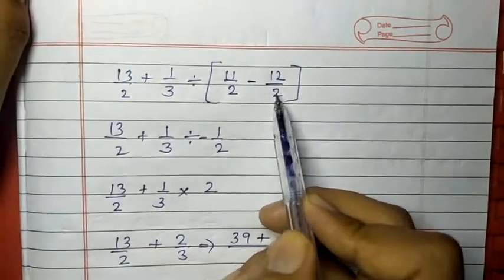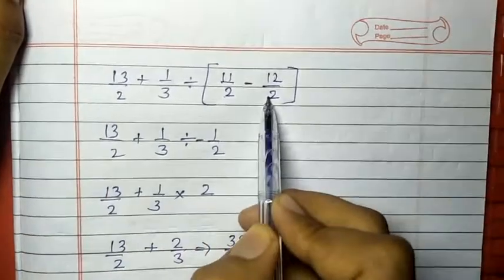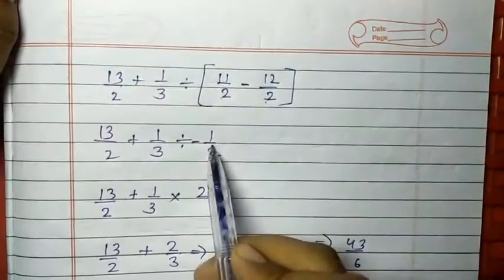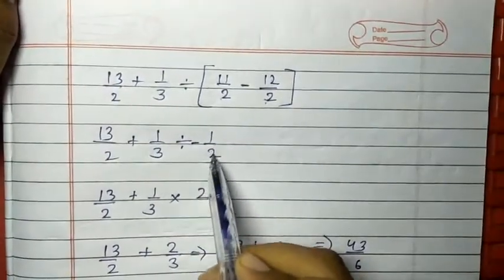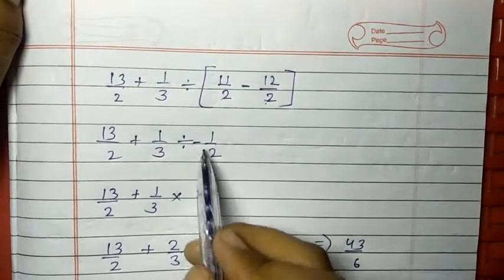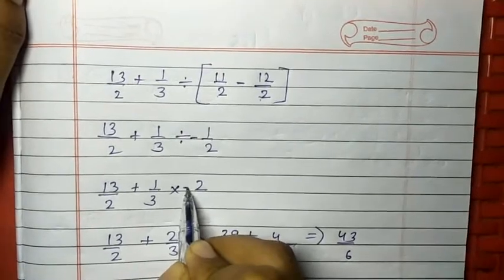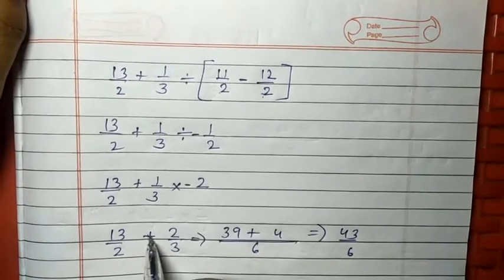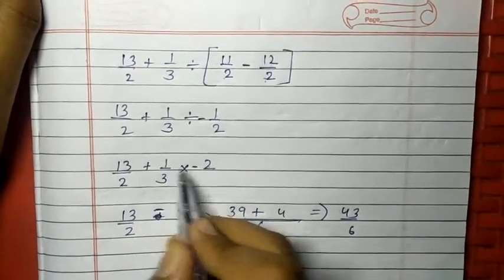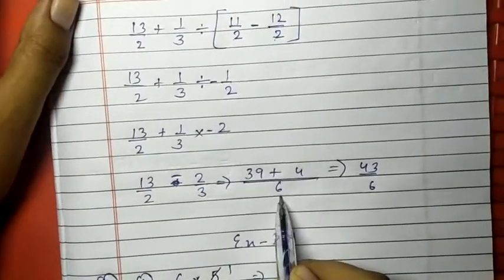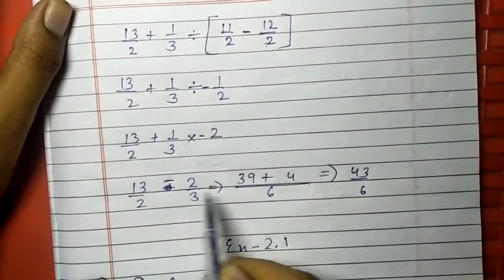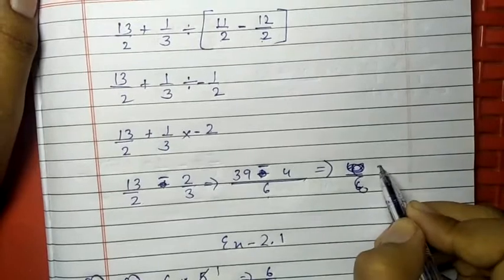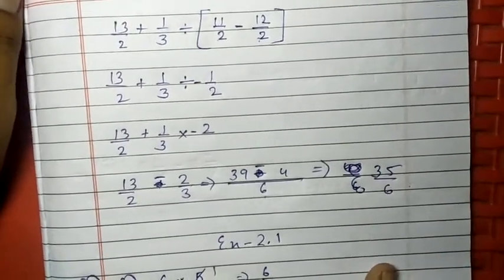12 upon 2 is here. Now that will be the same. Now we have to solve this, so the denominator will remain 2 only, so this will be 12 minus 11, so 1 will be left, and this negative sign will be greater, so 1 upon 2. Now here the divide sign will change everything, this sign will change, and this will remain minus only, it becomes reciprocal, and then it will be minus 3 upon 2. This will be minus 2 upon 3, because 1 will multiply by this. Then the LCM will be 6, you know the procedure of doing this. This will be minus, and 39 minus 4 will be 35 upon 6, which is the answer.